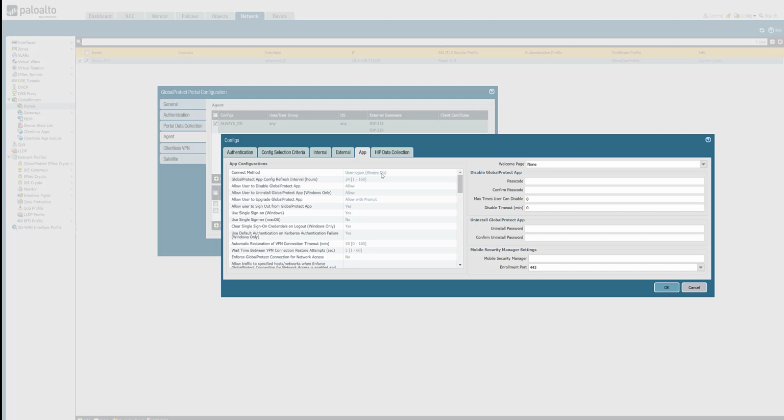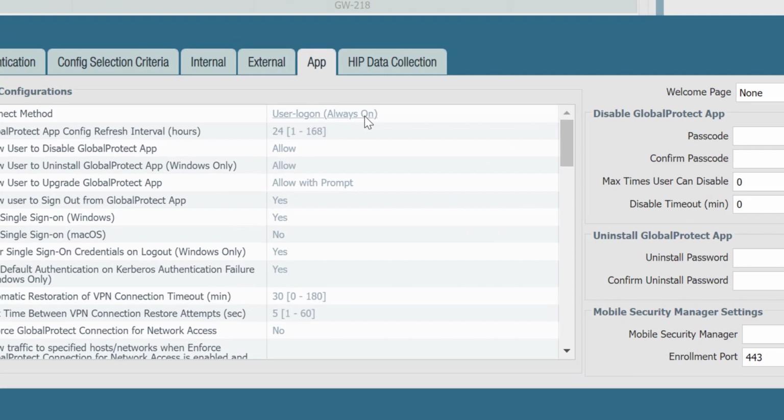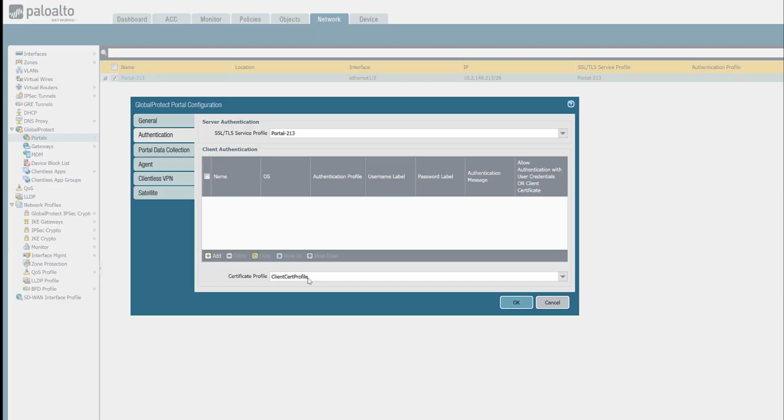Below is the configuration for the demo. The connect method is user-logon always on. In authentication, on the portal,